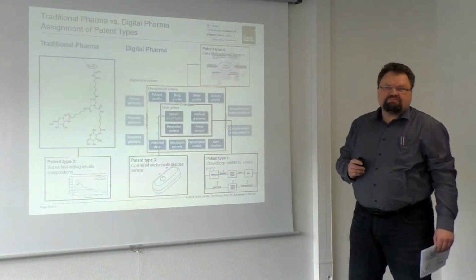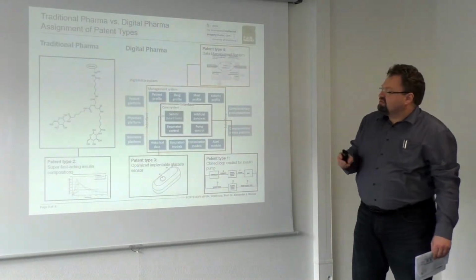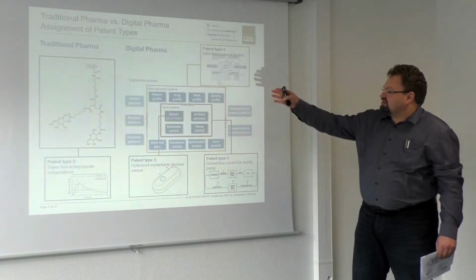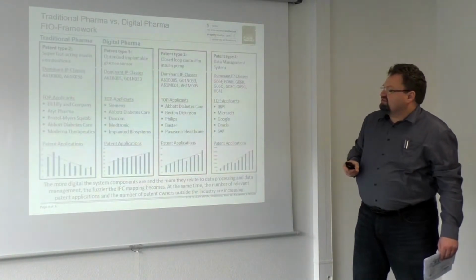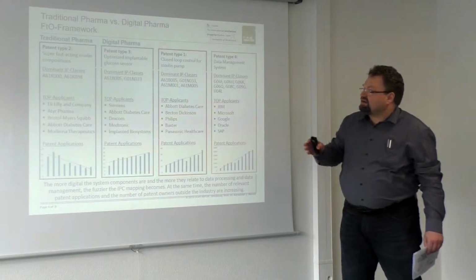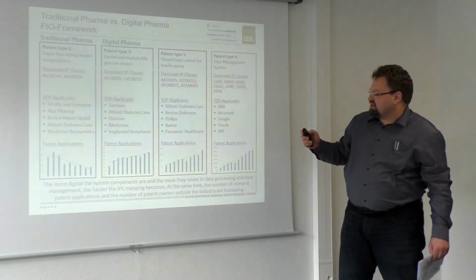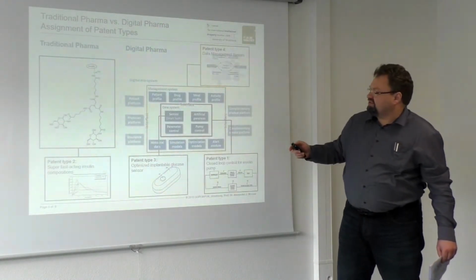And what we want to find out now is where are the differences between the different types of patents regarding the different technology fields. And what we can find out is that when we look at patent type 2, this was the part of the traditional pharma,